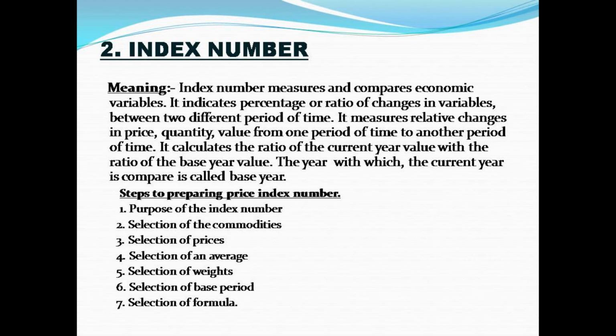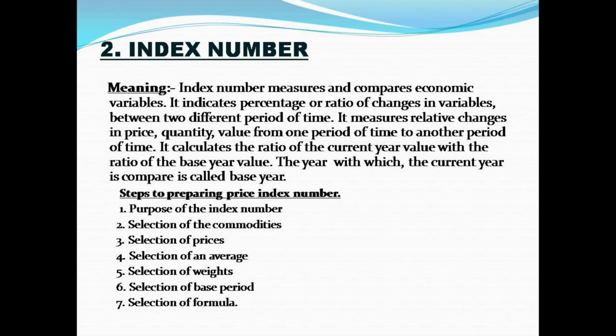Next, selection of prices. The next step is to select the prices of these commodities. For this purpose, care should be taken to select prices from representative persons, places or other sources, but they must be reliable. Then the problem is to select wholesale or retail prices. This depends on the type of index number. For a consumer price index, wholesale prices are required, while for a cost of living index, retail prices are needed, but different prices should not be mixed up.